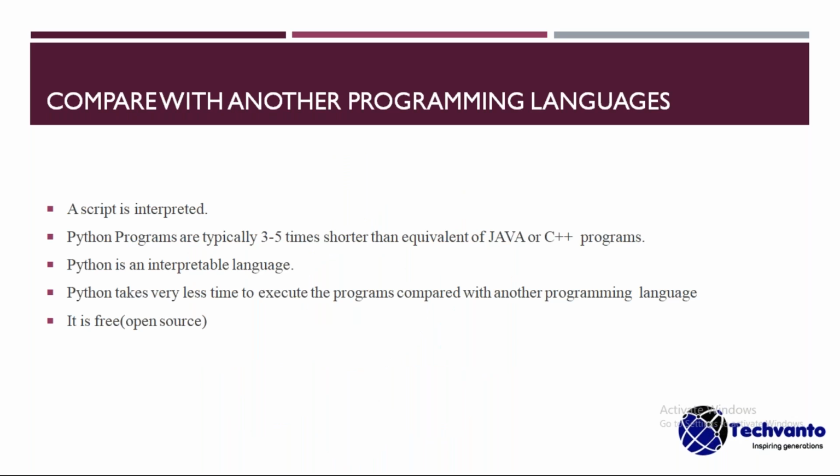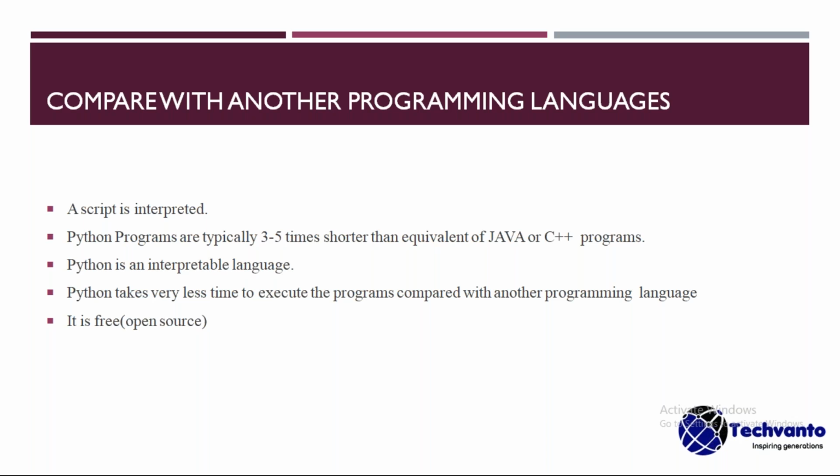Comparing with other programming languages. What is the difference between Python and other programming languages? Python has an open source implementation, and it is mainly an interpreted scripting language. Python programs are shorter than or equivalent to Java or C++, or otherwise HTML, JavaScript, etc. And Python is an object-oriented programming language,